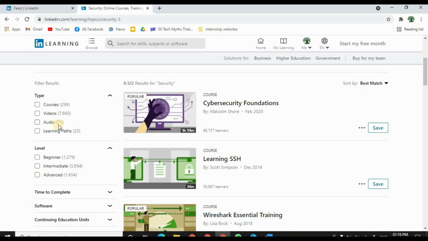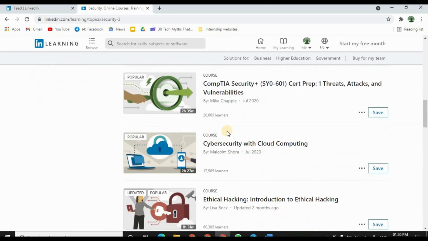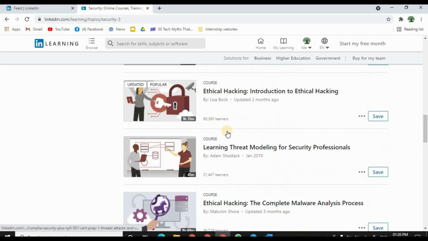Audios are very similar to podcasts, where there will not be any video, you can just listen to the audio alone. And a learning path is like a playlist which will have a list of courses combined together, which will lead you to a specific job role. So you can identify them with the labels over here. For each and every course populated here, you can see that this comes under a course. And when you click on some other topic, you can see the learning path.